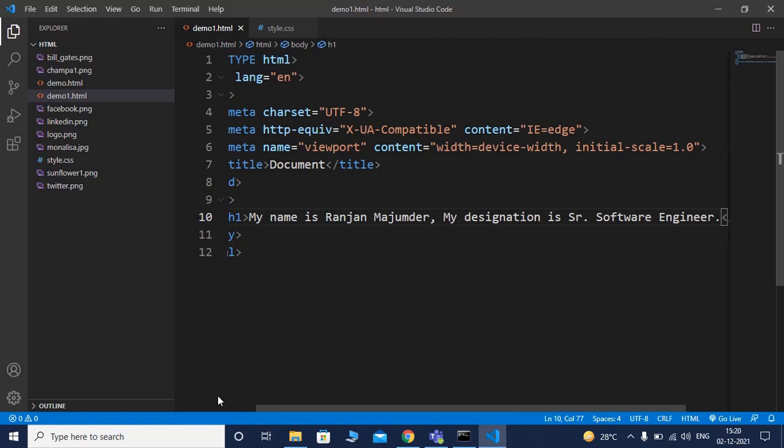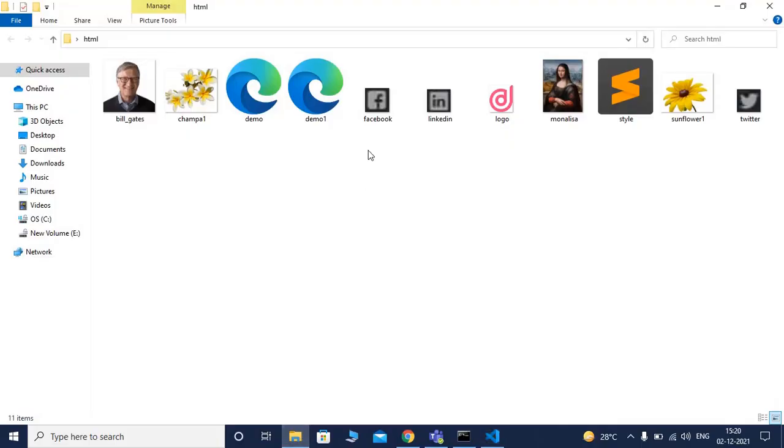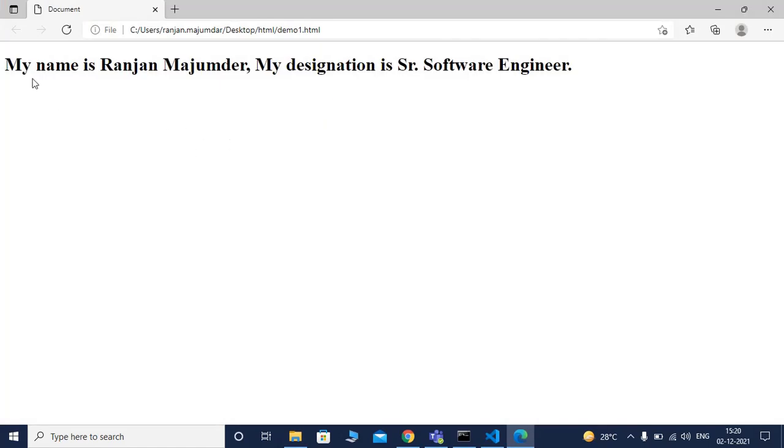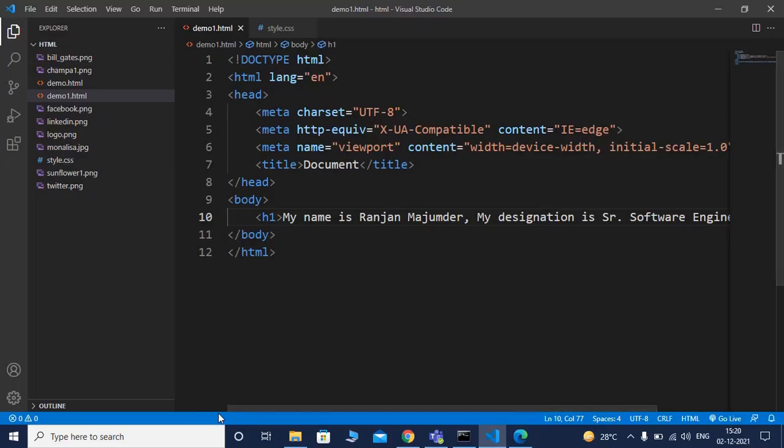I am saving it. Opening the file, you can see the output in the web page. The entire content is in the H1 element. If I want to change the style of this content, then we have to use CSS.